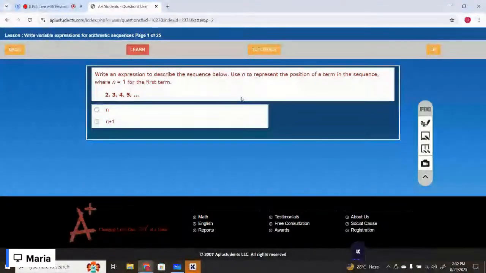Use n to represent the position of a term in the sequence, where n equals 1, so 2, 3, 4, 5. So you need to start with n equals 1, right? The expression would be